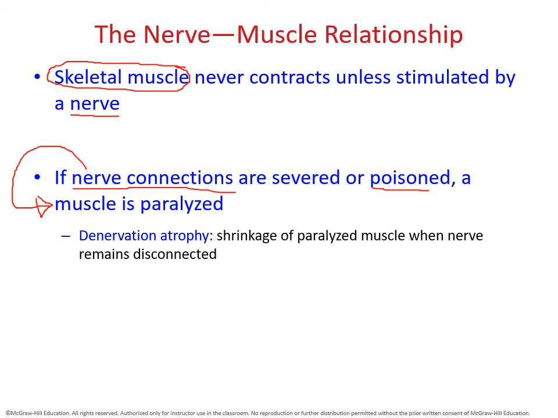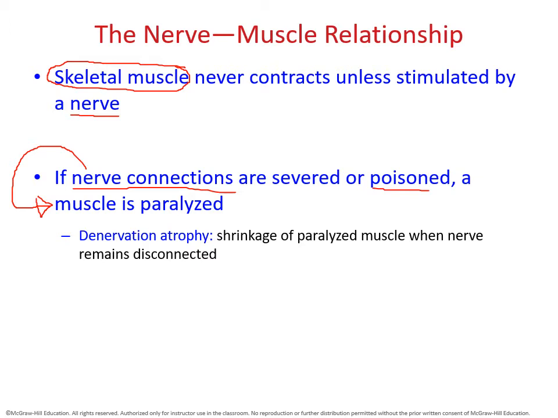Now, this is going to be a temporary condition because the nerve and the muscles are still able to communicate. So once the patient gets rid of the cast and they go into their physical therapy and they start using that appendage again, you'll quickly see that the muscle will bulk itself up, and that's because it's able to communicate with the nerve, and the nerve will then send off the proper signals to get that muscle to contract. And the more we use the muscle, the bulkier it becomes, aka it will get rid of the shrinkage.